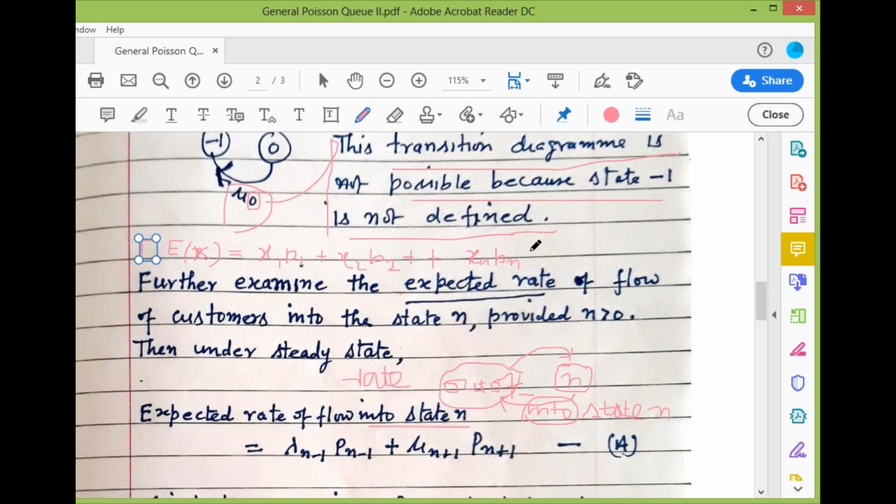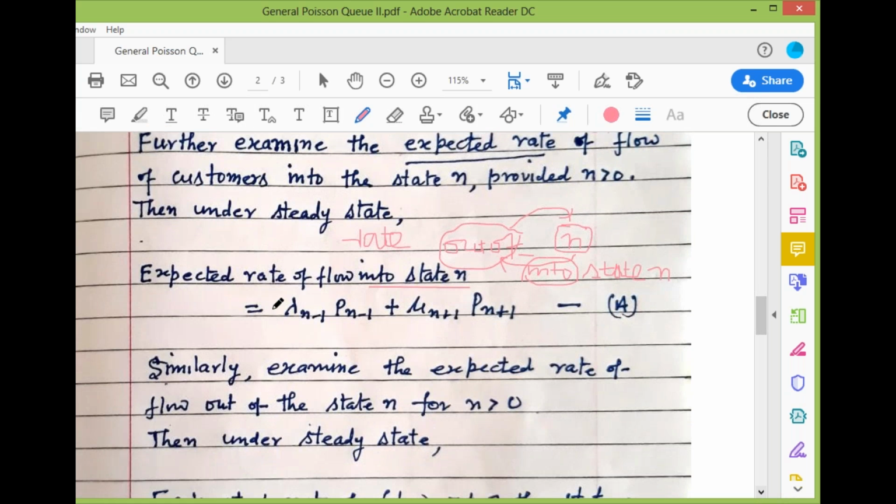This is the average, and simply it is written as sum over i, with i ranging from 1 to n, of xi into pi. So here we are also going to compute the expected rate of flow into state n, meaning thereby